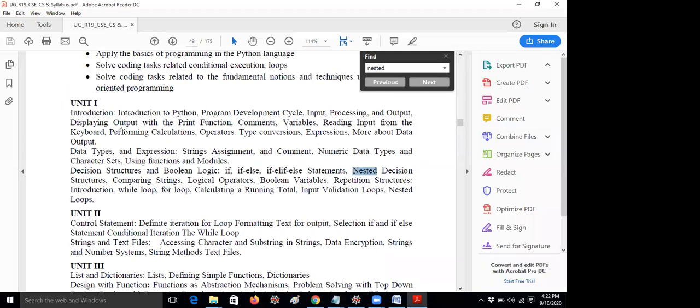You can check here. We already completed all these two chapters. Here we already completed if else, nested if, decision statements.